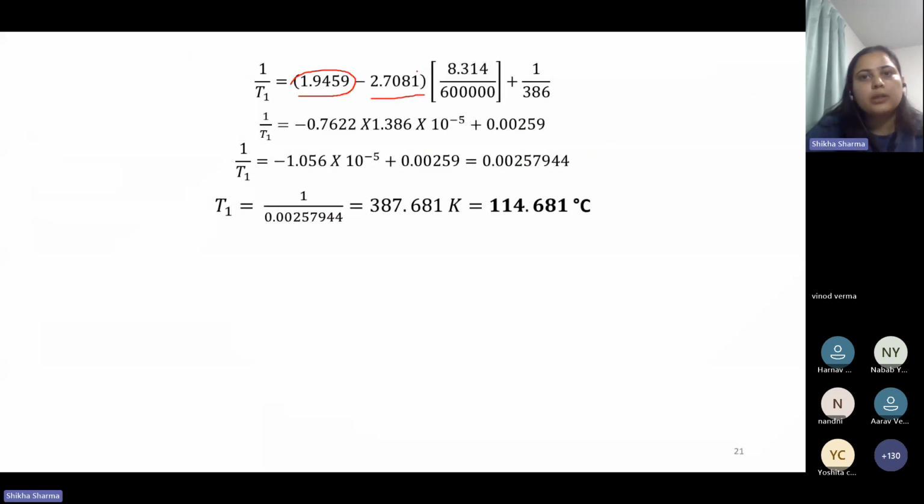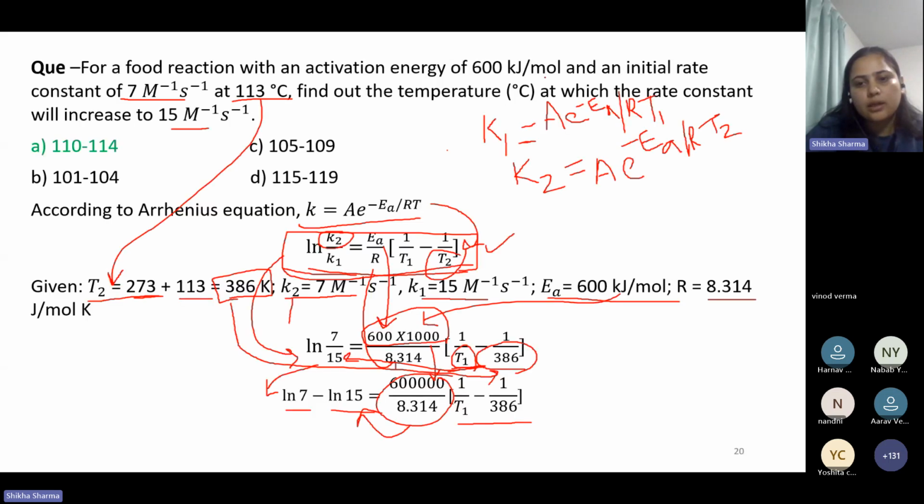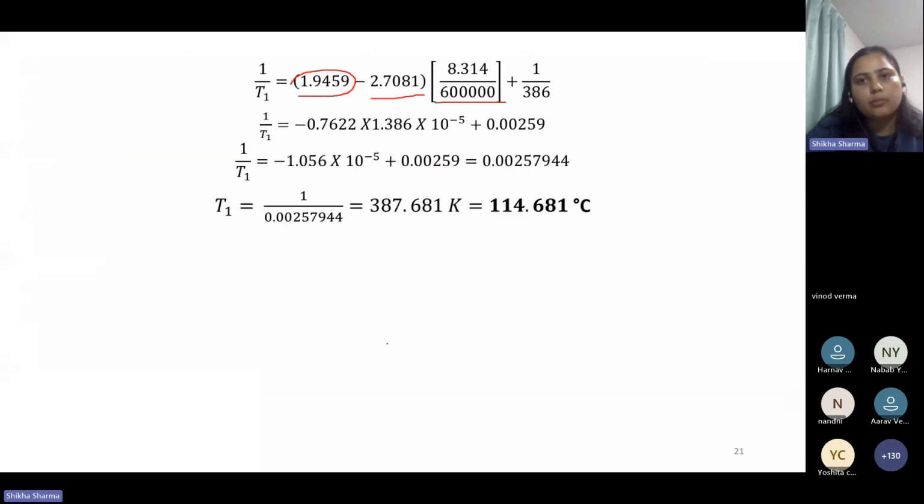So 8.314 divided by the activation energy, and since it's on the right hand side, if we send it here, it will change sign, plus 1 upon 386. When we subtract this value, we will get 1.9459 minus 2.7081, which gives minus 0.7622, into